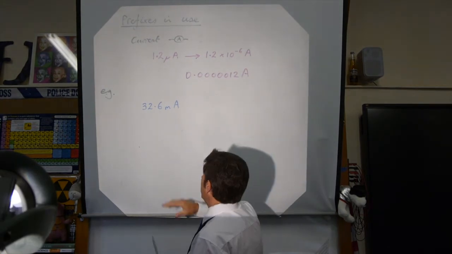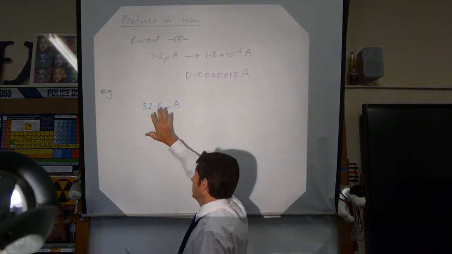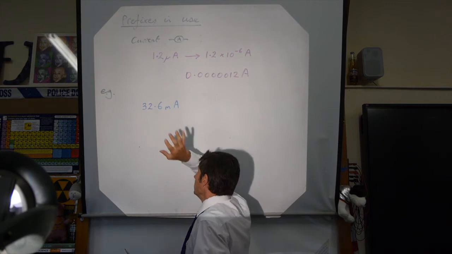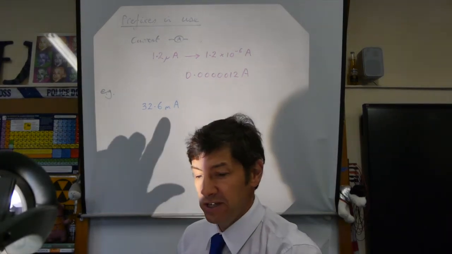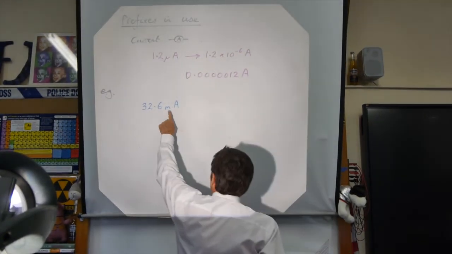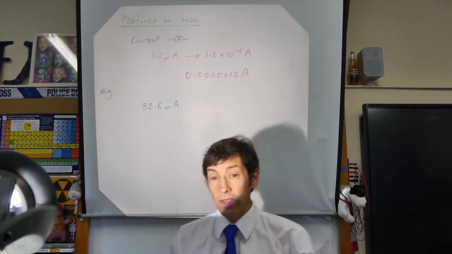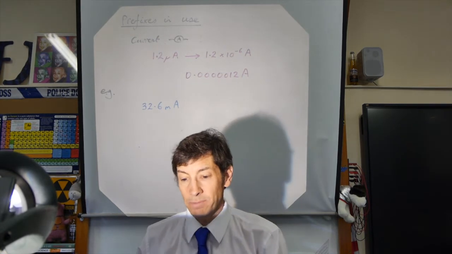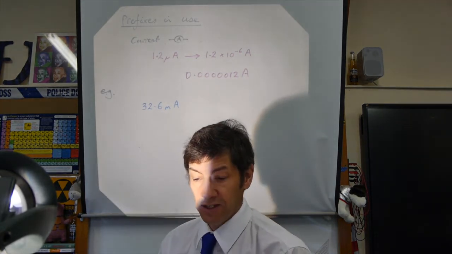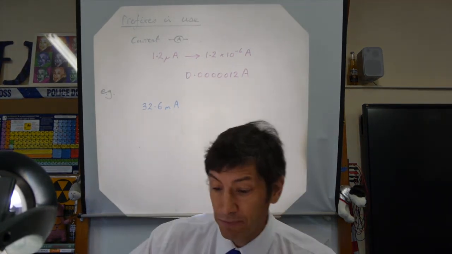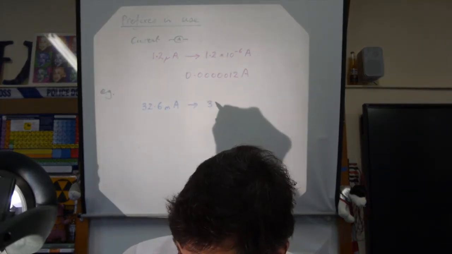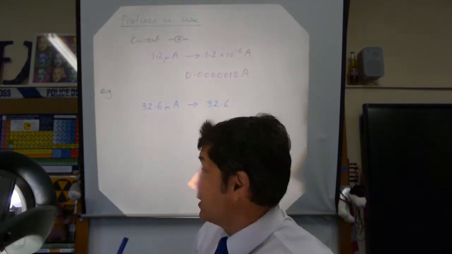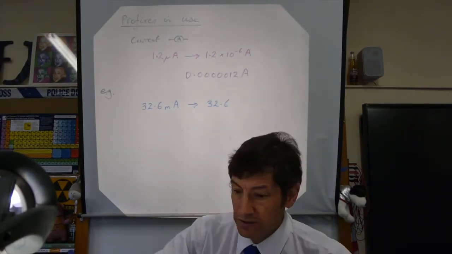Now you'll notice that there's 2 numbers before the decimal here, so we'll deal with that in a second. Don't put that into your calculator. We measure current in amps, and you immediately know that milli is 10 to the minus 3. It's thousandths of an amp. So this is not even yet 1 amp, as it were. So this is the same as 32.6, there's the multiplier, 10 to the minus 3